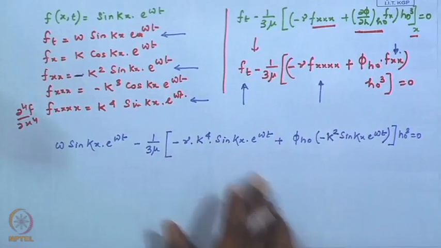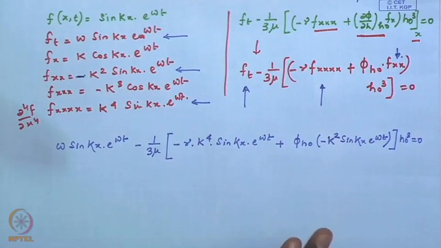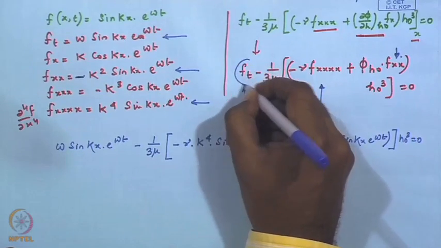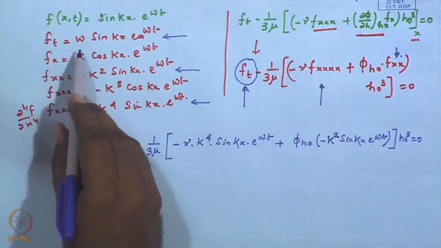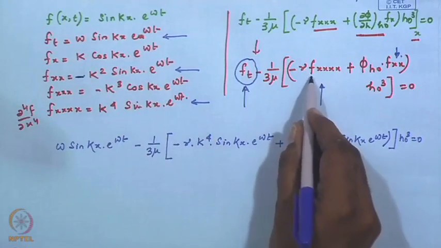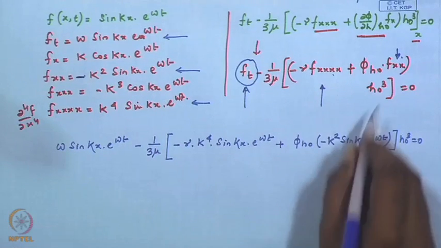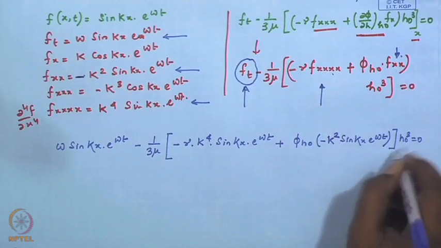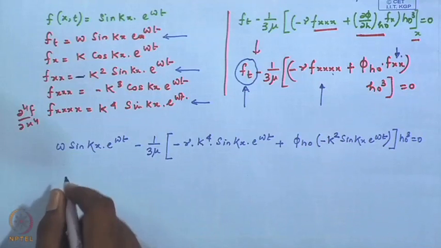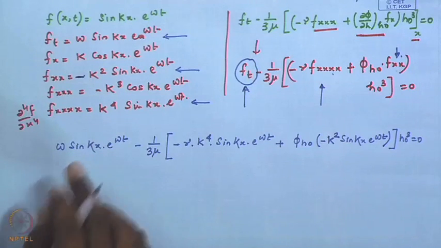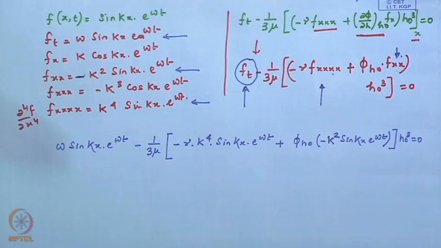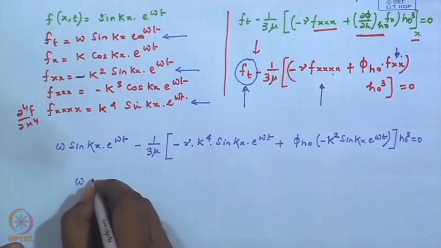From this step to this step it looks a little biggish, but really does not matter. All we have done is substitute f_t, f_xxxx, and f_xx. If you do that, sin kx e^(ωt) can be cancelled from both sides, and what you are left with is